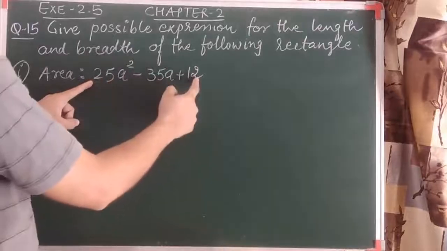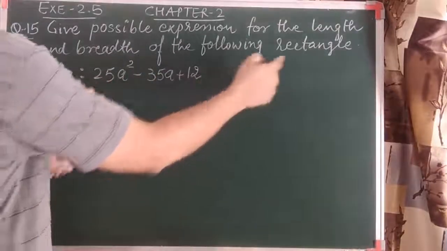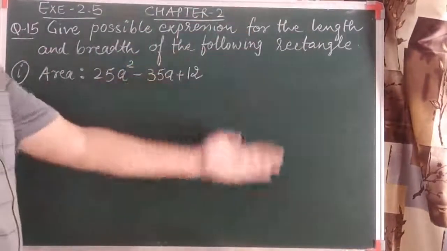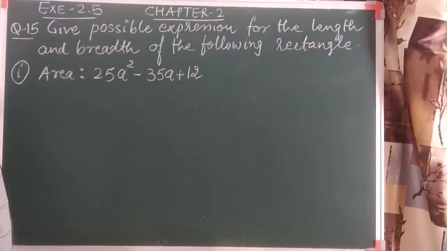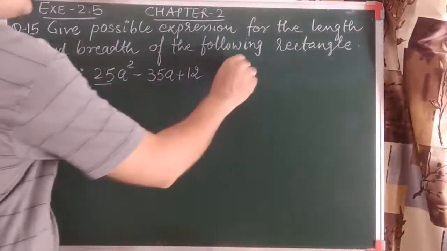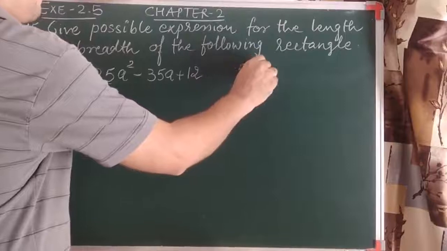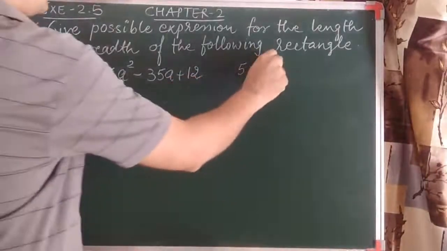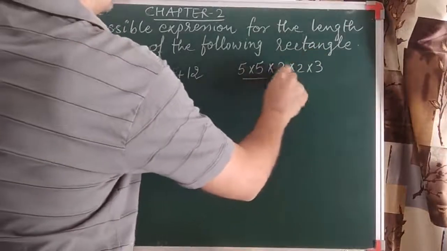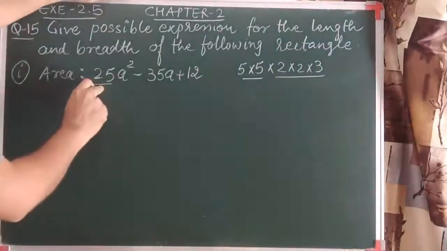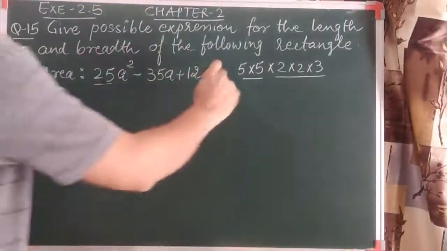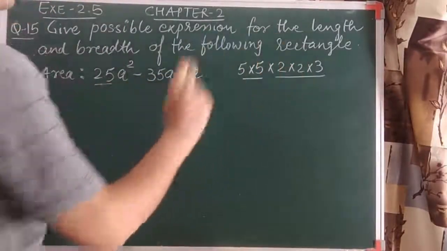If we go for the same, if I take the product here also and find the possible factors, you can see that the number of factors is more. So let's see how to get this. Here it is 25, so we'll write the prime factors of 25. As it is 12, so the prime factors of 12. I have written the prime factors of the coefficient of x square, that is a square, and the constant. Now these are the prime factors of the product of these two.